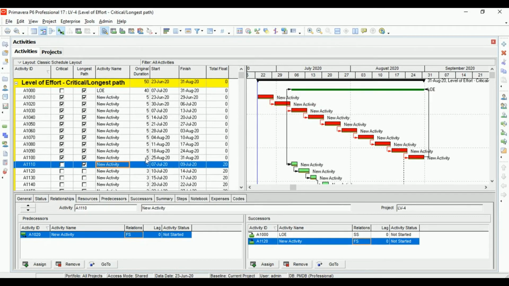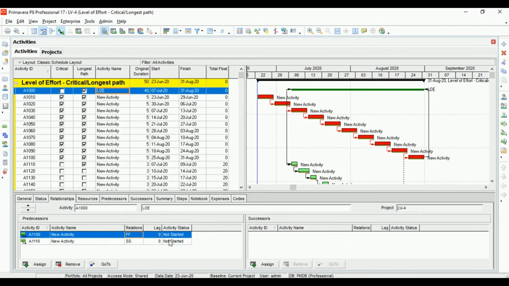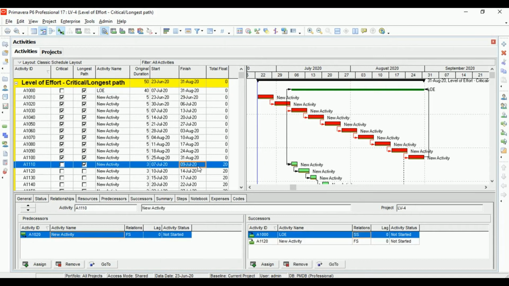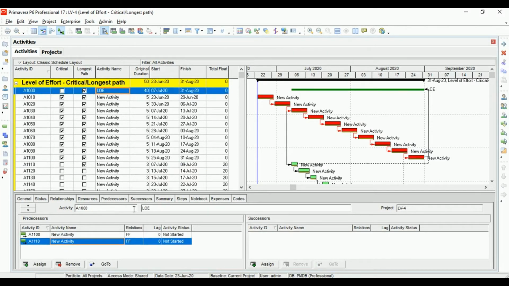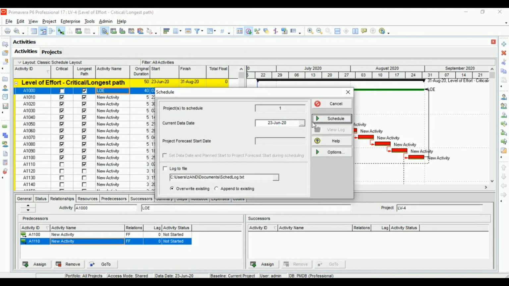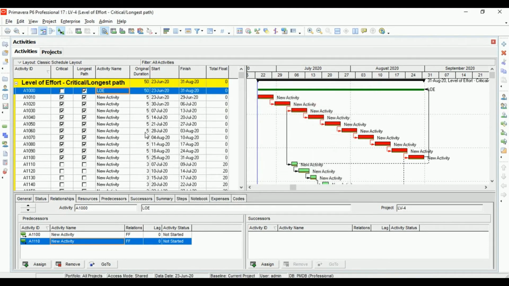That did not make any change. A1100, that should be finish to finish, I guess. Cool.